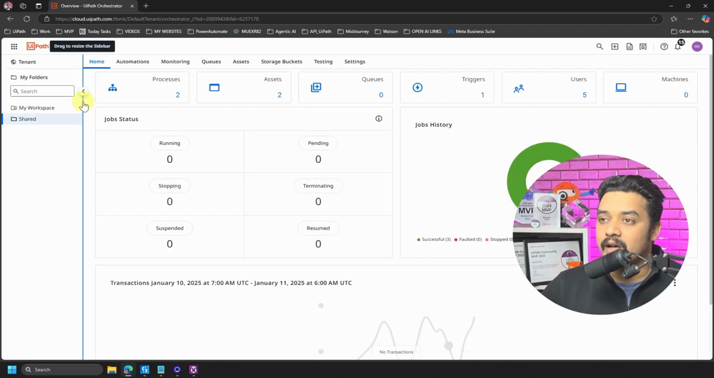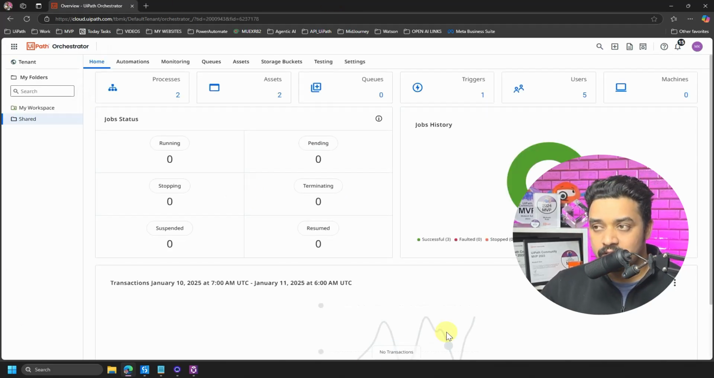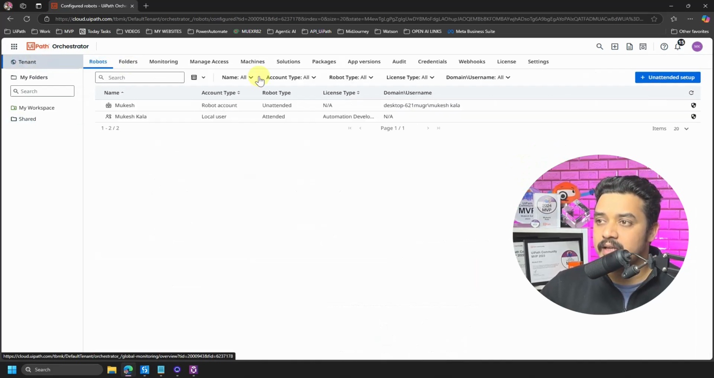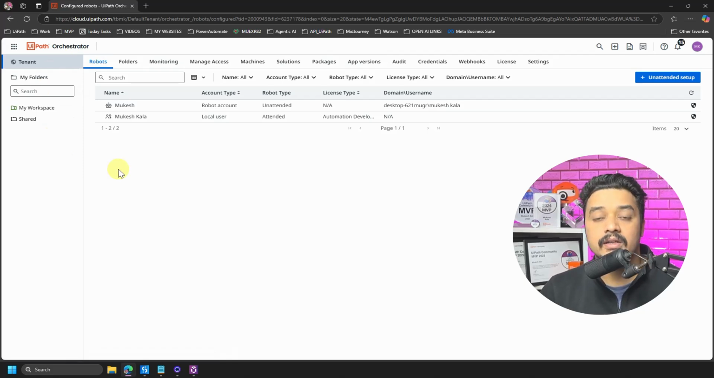Now in Orchestrator, you would see that we have the tenant, right? This is actually the main tenant where you are supposed to have all the setups: robots, machines, everything, right? So I hope you guys are familiar with the concept of tenant, folder, jobs and all,